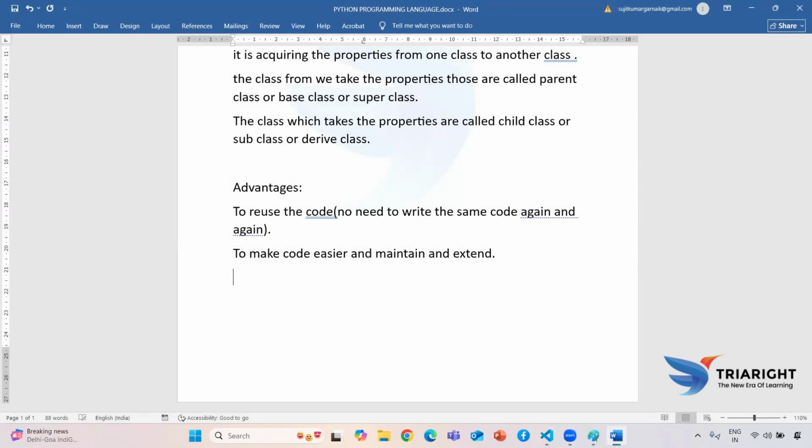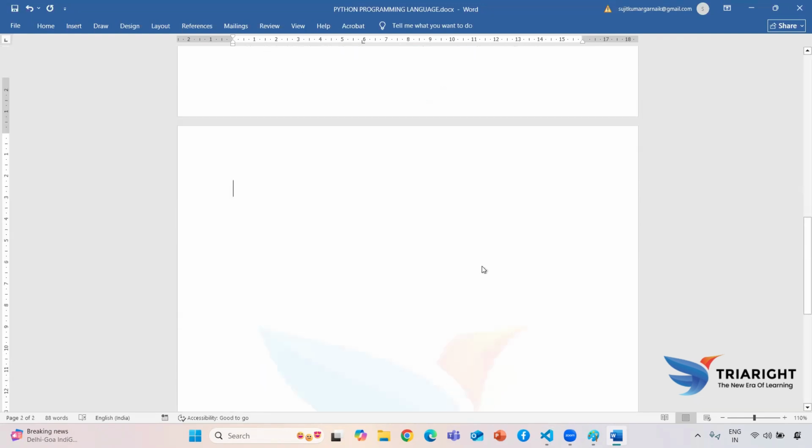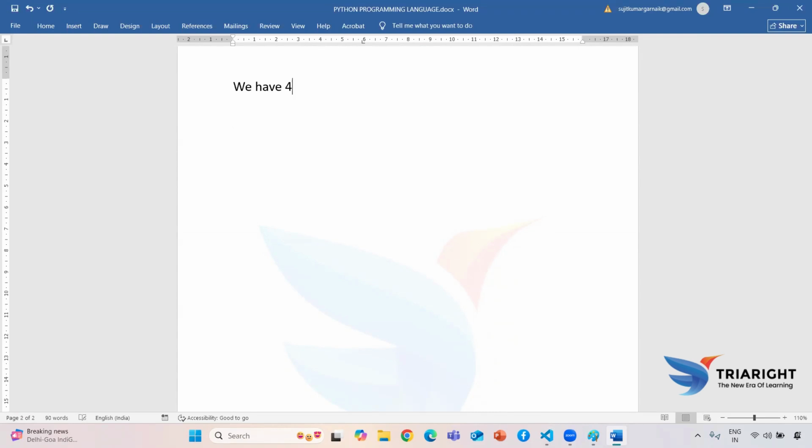Now we are trying to discuss the different types of inheritance that are available. So guys, in Python we have five types of inheritance. The five types are: the first one is single level inheritance, the second one is multi-level inheritance,